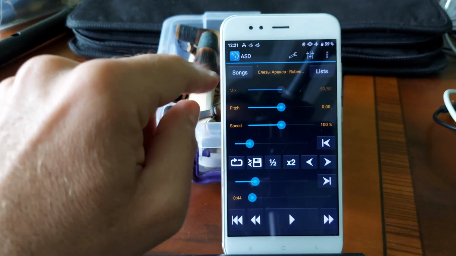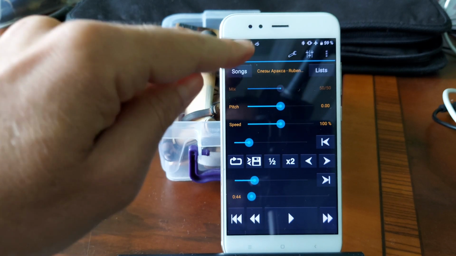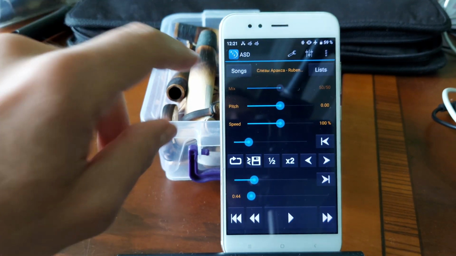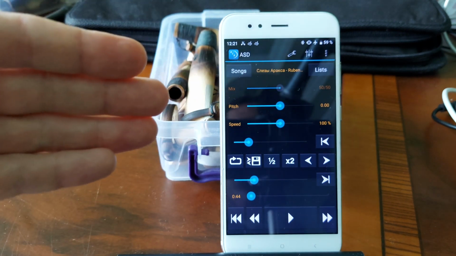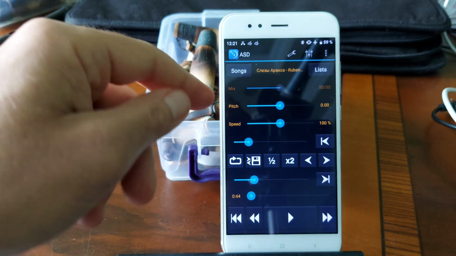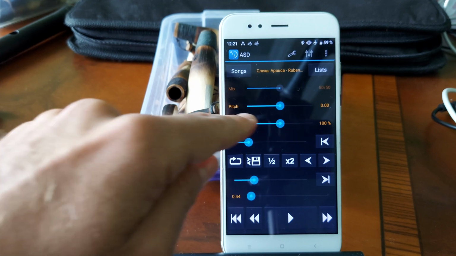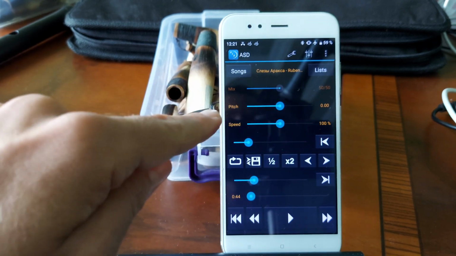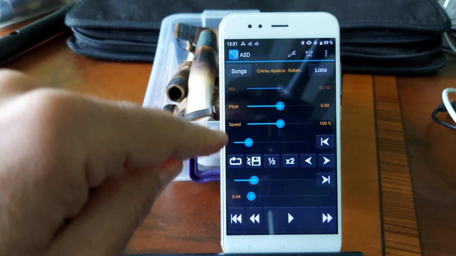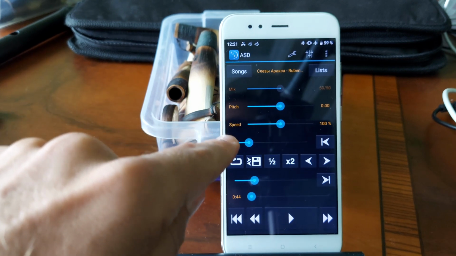So what we need here is this button to choose the right composition from the folders that you have in your phone with the songs saved there. You choose it there. Either it could be a drone, which you want to pitch up and down, or just to play it, to loop it, or you can choose a composition to learn, which we did now. So this is the pitch, moving left and right in semitones and up and down in cents only. This is the speed. You can slow it down up to 25%.